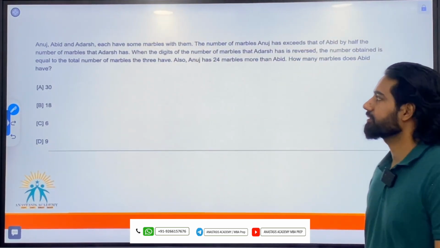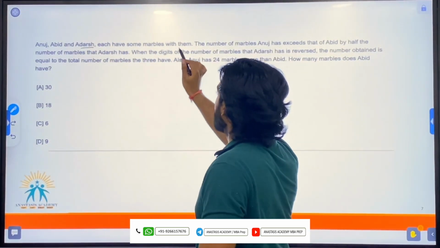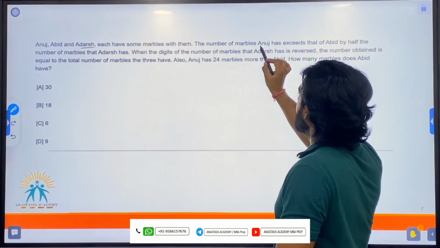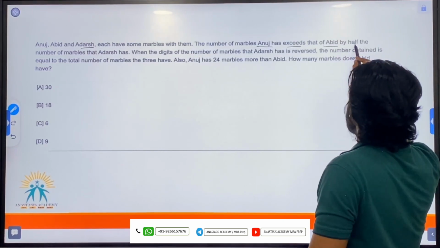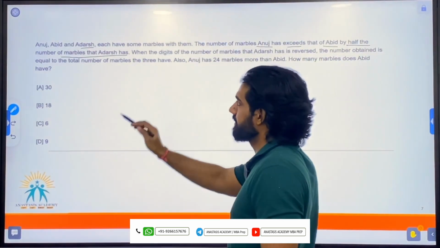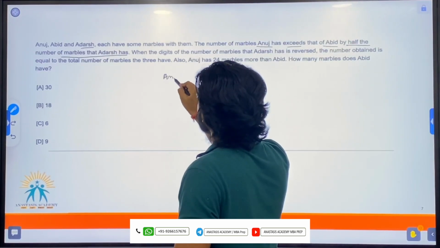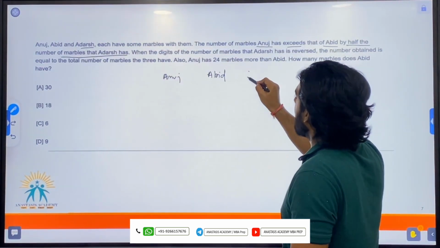Of this question. Anuj, Arvind, and Adarsh each have some marbles with them. The number of marbles Anuj has exceeds that of Arvind by half the number of marbles that Adarsh has. So, Anuj, Arvind and Adarsh